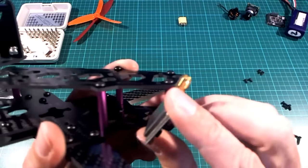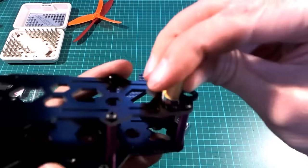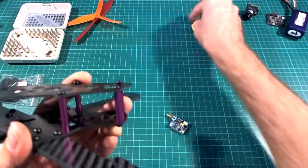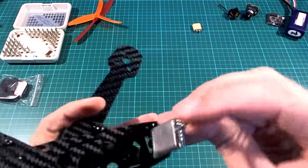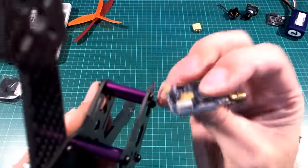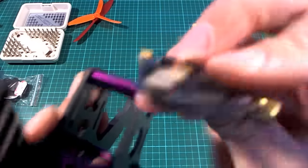from here. The only trouble though is that X220 is going to be right above it, so you'd have to make sure that your power wires were not in the way and they were properly insulated so they weren't touching on the back of this. But that's tempting to try. I might actually give that a go, although my wires for this are going to be coming out from that little plug on this side somewhere. Anyway,